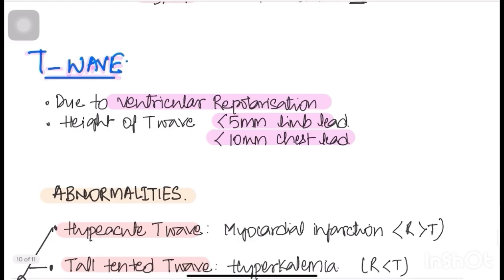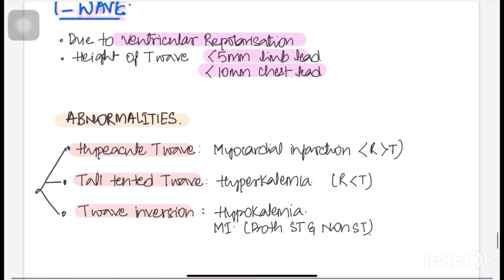Now let's come to the T wave. The T wave is due to ventricular repolarization. The height of the T wave would be less than 5 millimeters in the limb leads and less than 10 millimeters in the chest leads. So abnormalities: